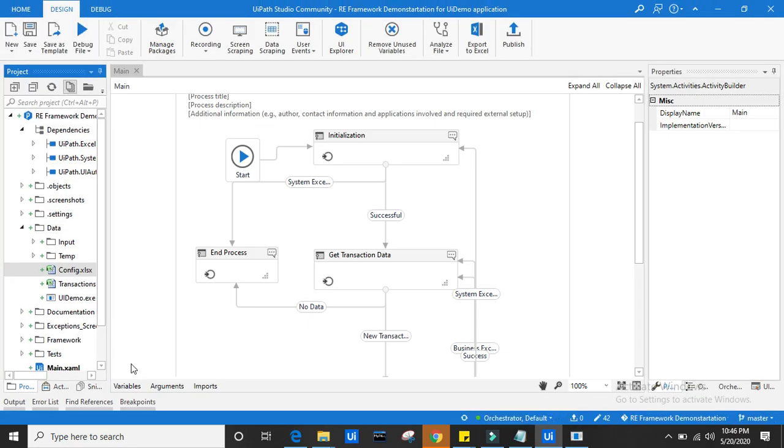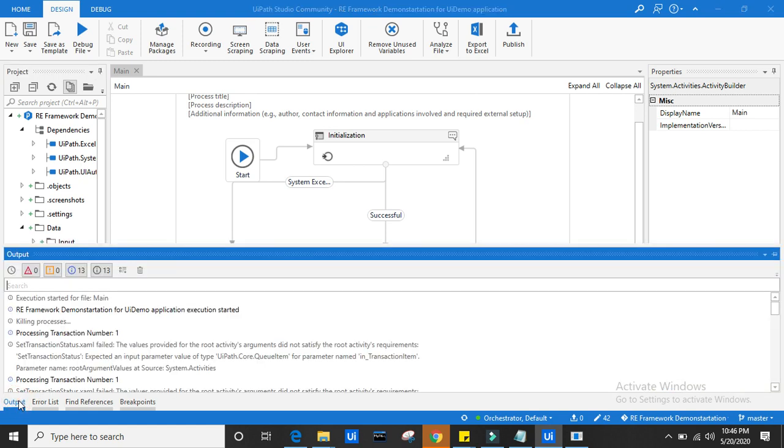Let's go to output and see. Set transaction XAML file: the values provided for the root activity arguments did not satisfy the root activity's requirements.